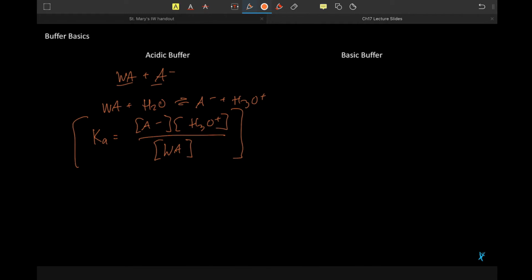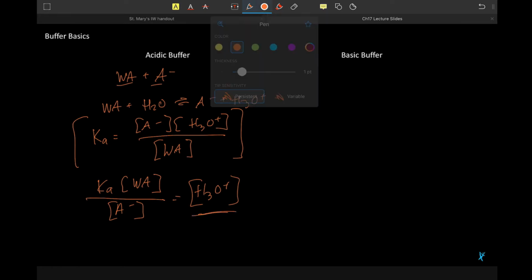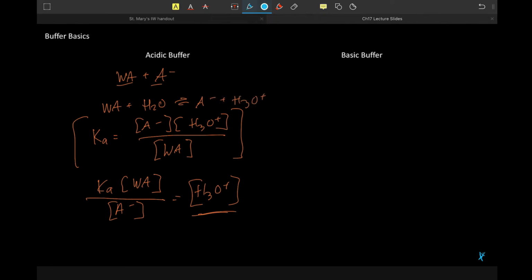So if we were to do a tiny bit of tweaking, we could bring up that weak acid and say Ka times weak acid, right? And then divide that by my A minus is actually going to give us our H3O plus, yes? In that I can solve for the concentration of hydronium ion by this. And the neat thing here is that it allows us to look at these concentrations in a slightly different relationship, right? In that the amount of H3O plus, first of all, when